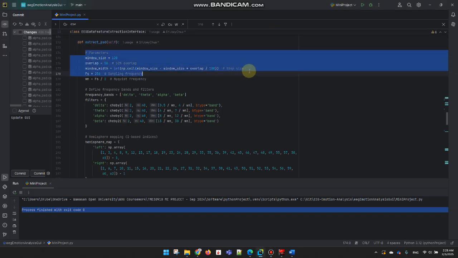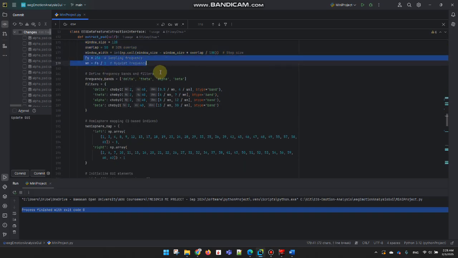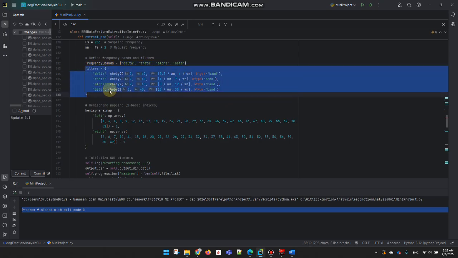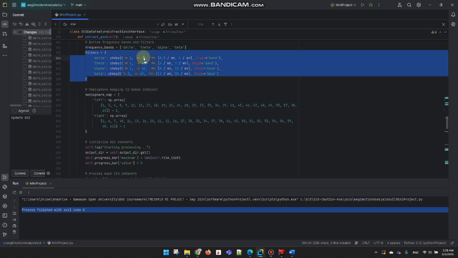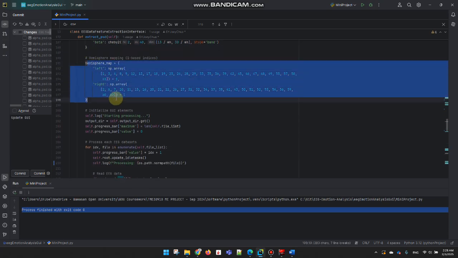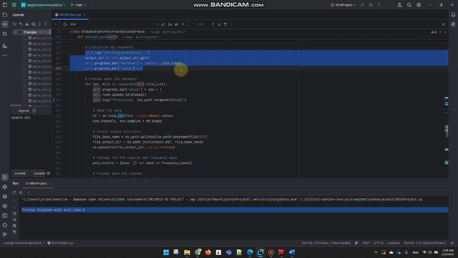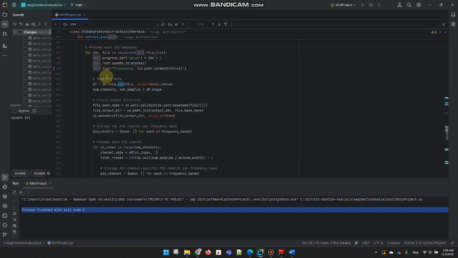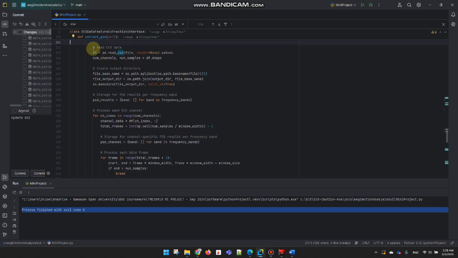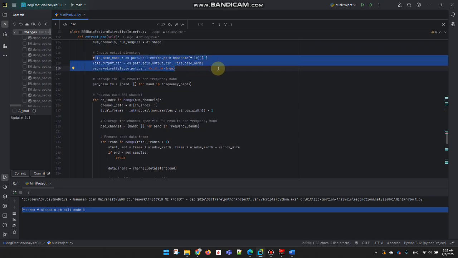This is the sliding window technique parameters, filter parameters, definition of the 4 bands, the filters creation and design with 40 dB attenuation at different frequencies, the hemisphere mapping using dictionary, and here is some GUI update and processing of each EEG file. So for each EEG dataset, it's gonna read and load the dataset, create an output directory according to the file of the dataset,